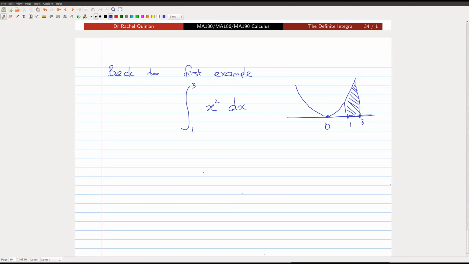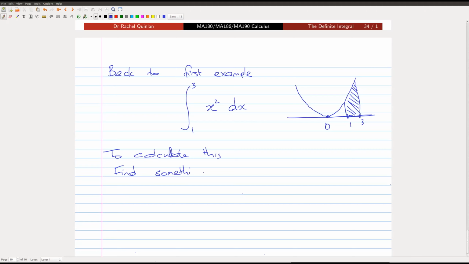But if we forget about the theoretical justification at the moment and just talk about how it's actually done, to calculate this area, the amazing thing is that you can actually do it. We have all the knowledge that we need to do it. The link between what we're about to do and the area interpretation is the fundamental theorem of calculus, which is our next main topic. So to calculate this, the instructions are, find something,